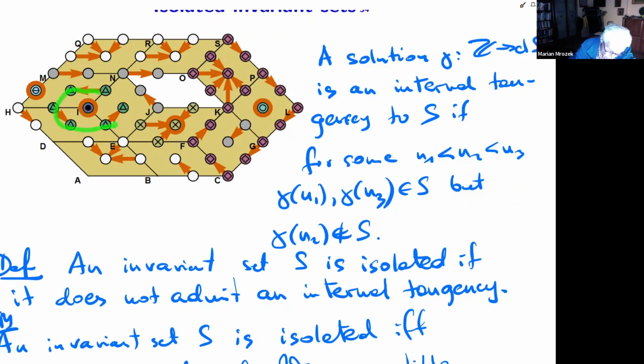The same when I choose here, then I can go in many ways. I can continue, for instance, here or here, but you can check that again, there is no way to come back to our invariant set, periodic invariant set. Actually, there is no way to come back just because this is an attractor, but here is